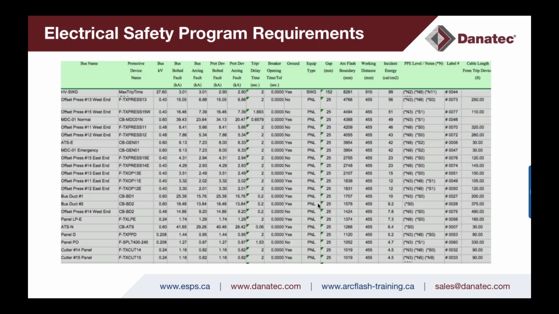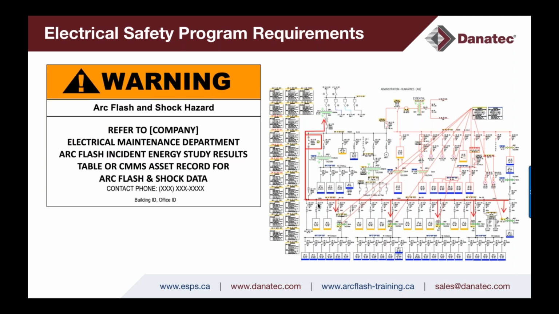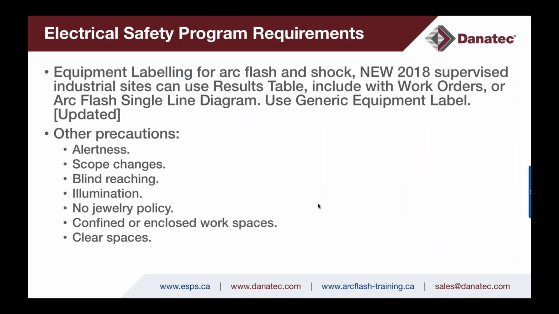And why not just give this information to the qualified electrical worker directly? We eliminate any error that's pushed from these to the labels. And this is what I'm encouraging, again, large industrials now on a go-forward basis, is make these results tables available to your qualified electrical workers. The detailed report should be in the maintenance shop anyways, and then you can pull these tables out, you can laminate them, you can have them on the shop table, or give them to each individual worker, or post them in your electrical rooms. So this, again, is a key and significant change, which should be documented in the company's